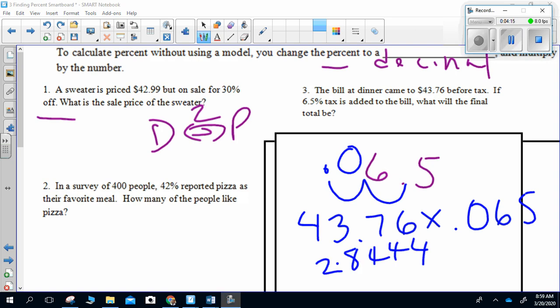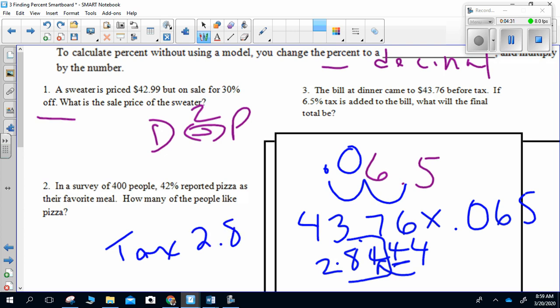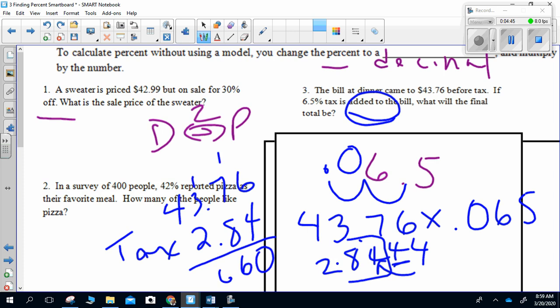I did my multiplication, and I got 2.84444. Remembering that it's a comparison to 100, I'm going to be going to hundredths for money because I need that. The 4 will not change my value. So my tax is going to be $2.84. And remember, when you have dinner, you add the tax to the bill. So I'm going to take the $43.76, which was the price of my meal, and add the tax. When I do that, I get that I'm going to be paying $46.60 for my meal. All right, so what I need for you to do now is to pause the video,